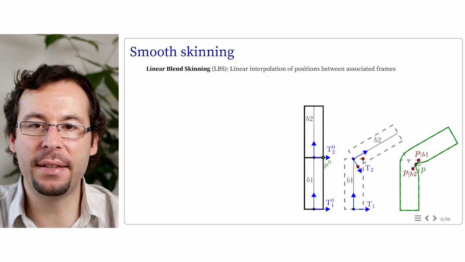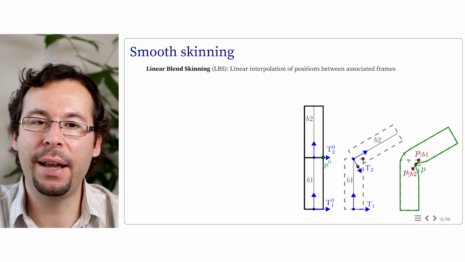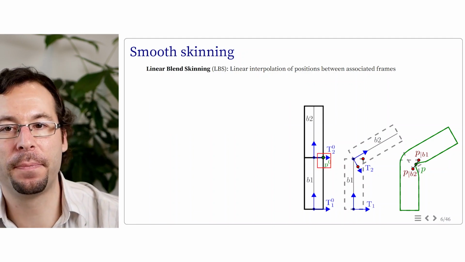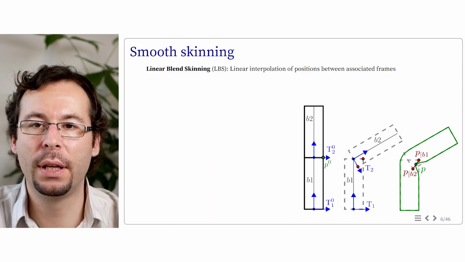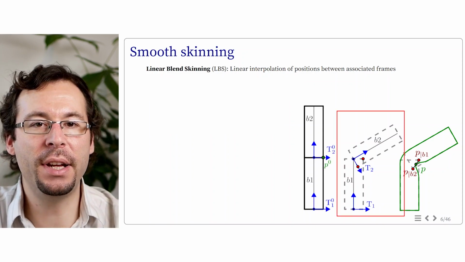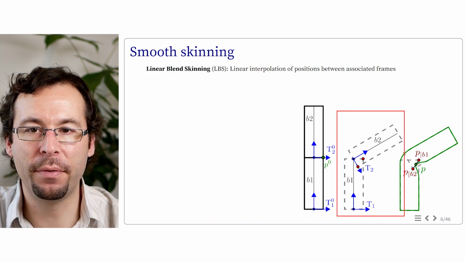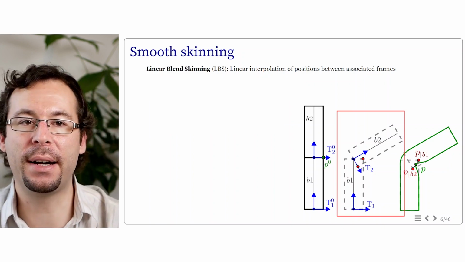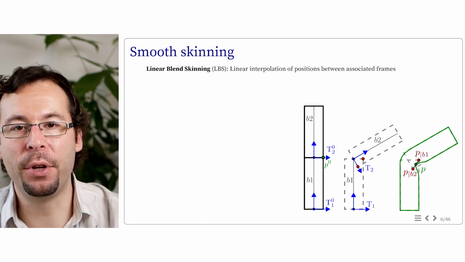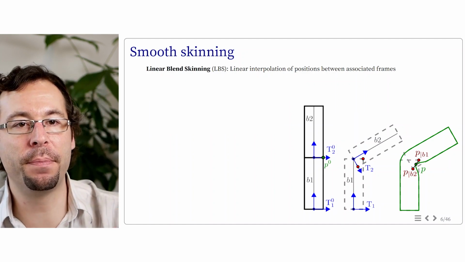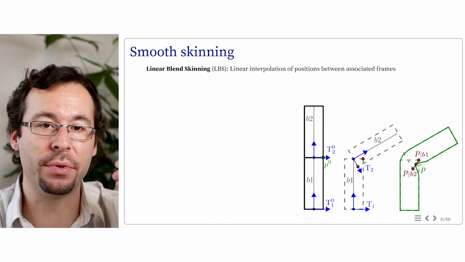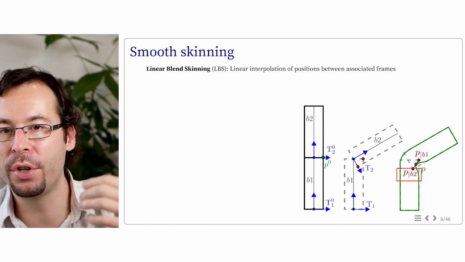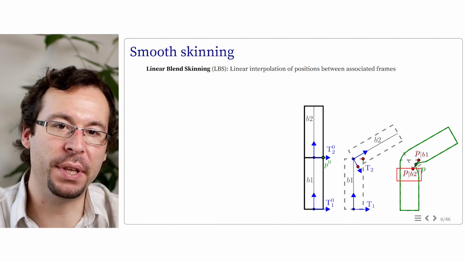In this case, it's in the middle of this cylinder, and we consider the point P0 to be initially in this middle. So we bend rigidly the cylinder using these two bones. Then the top part of the cylinder rotates, while the bottom part stays fixed. And the point P0 can have two different positions depending on whether we attach it to the joint B1, this is the position P with respect to B1, or to the joint B2, this is the position P with respect to B2.